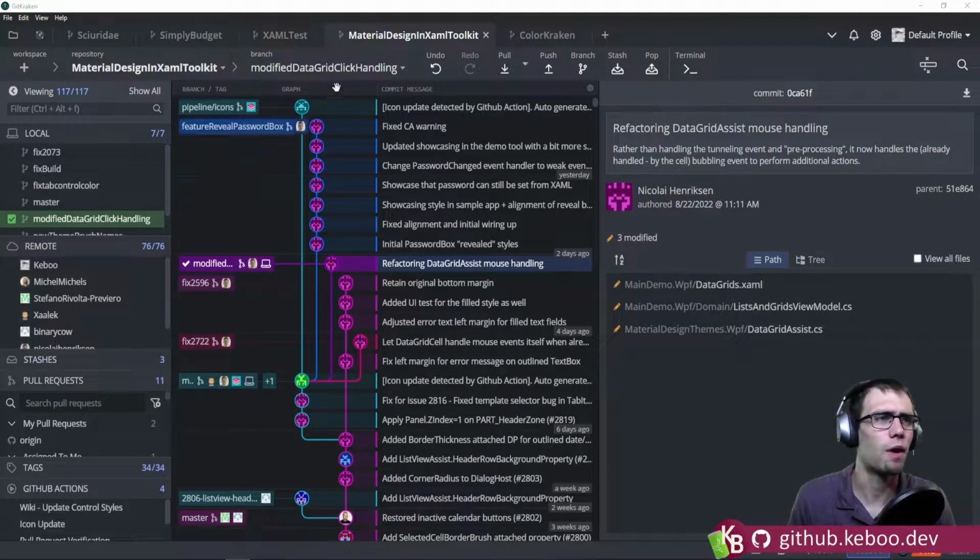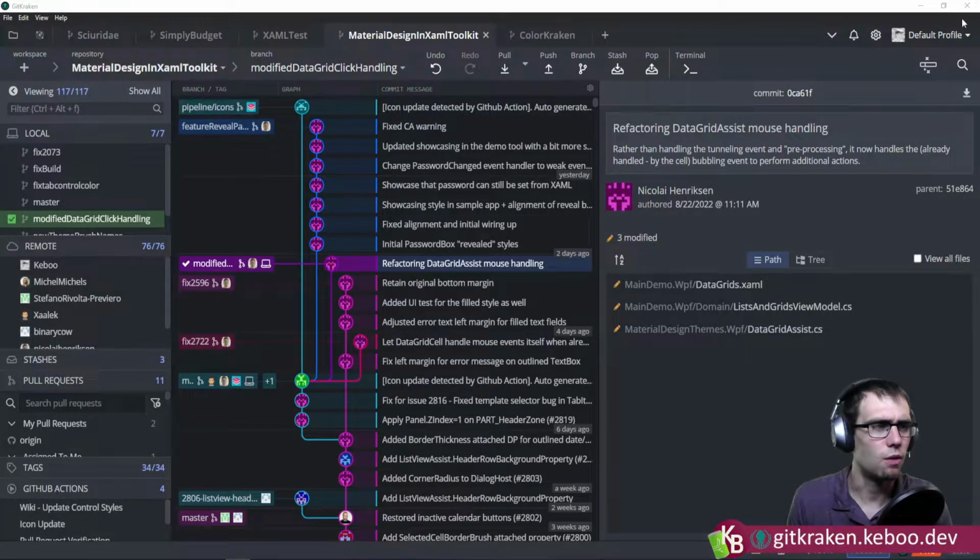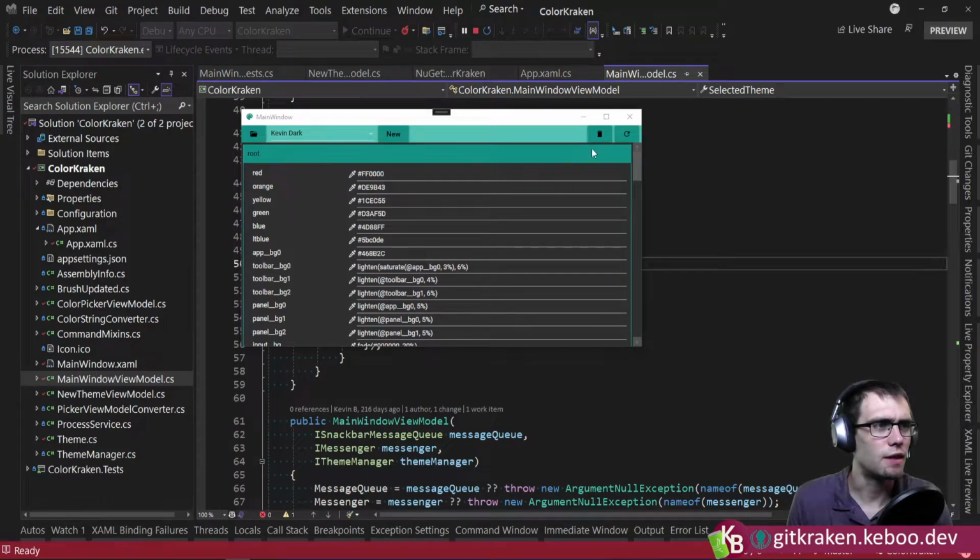But I'm not aware of one off the top of my head. Okay, so GitKraken decided to die when I launched that. Let me do this again. So the way this ends up working,